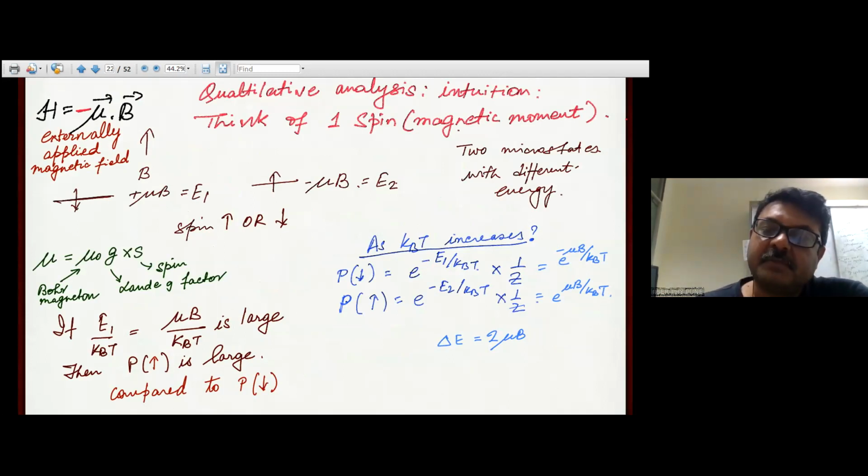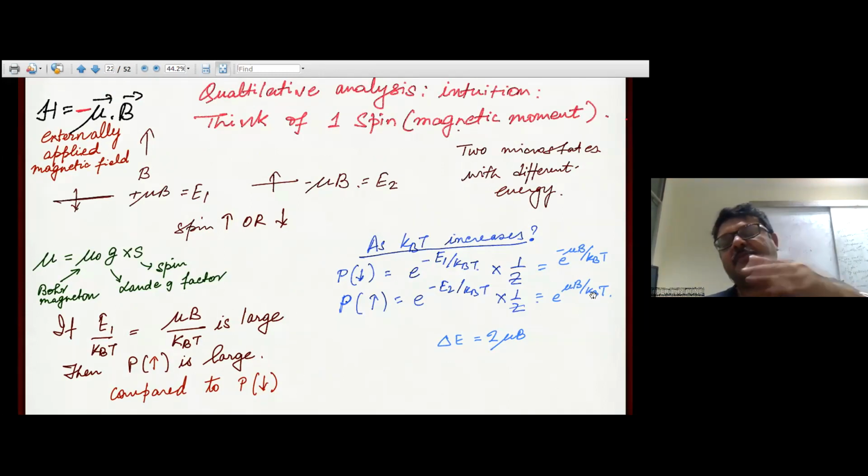What would happen if, keeping mu B the same, we keep on increasing kBT? At some point, of course, mu B and kBT will be of the same order of magnitude, but let's talk about the two extreme cases. So when kBT is much higher than mu B, such that this quantity is very small, and similarly this quantity is very small, then the probability can be written as e to the power, so of course there's a 1 by Z here, this 1 by Z is sitting there,